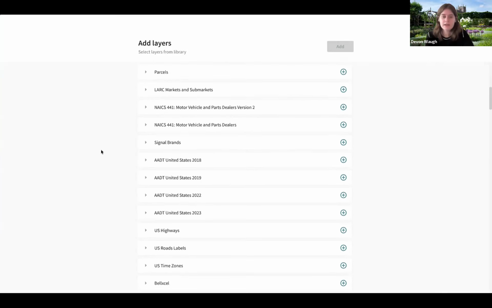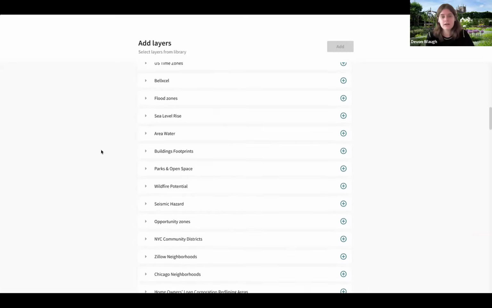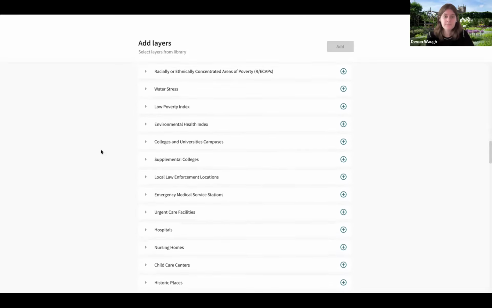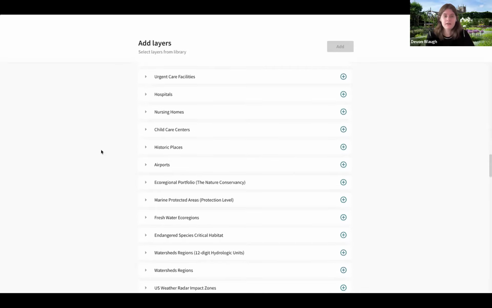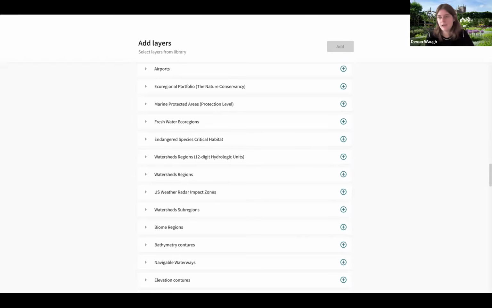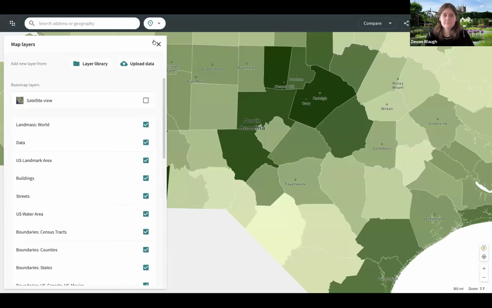These layers are point data of grocery stores, of hospitals, of airports, of public housing. And so these are other options for point data that are preset in the platform that you can add to any map in Social Explorer. Now,